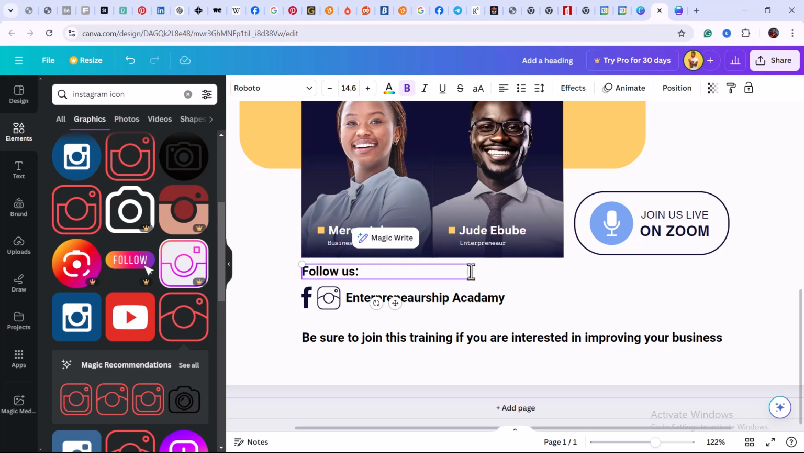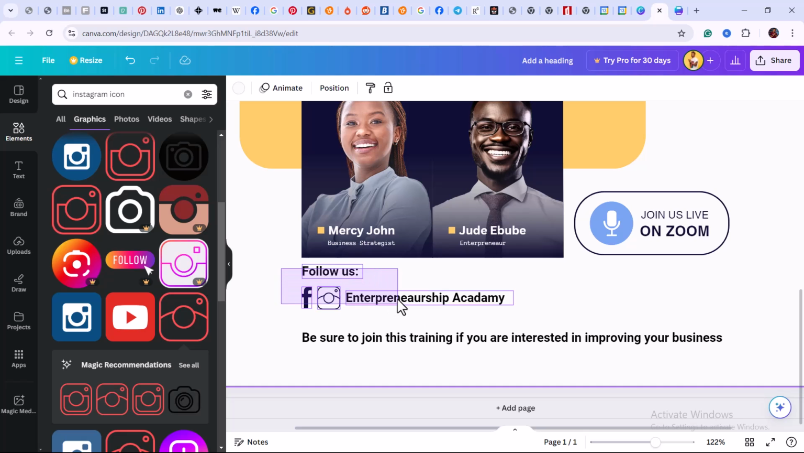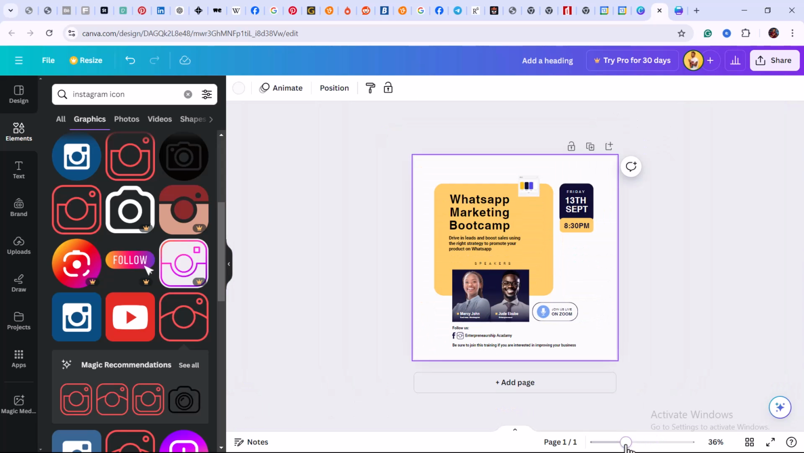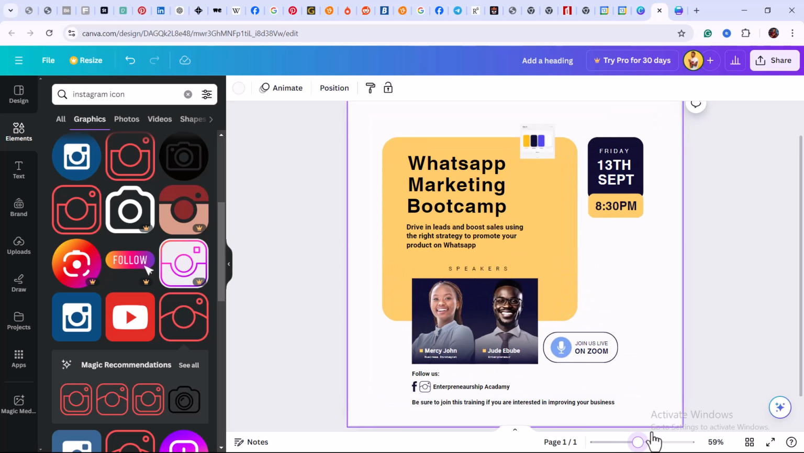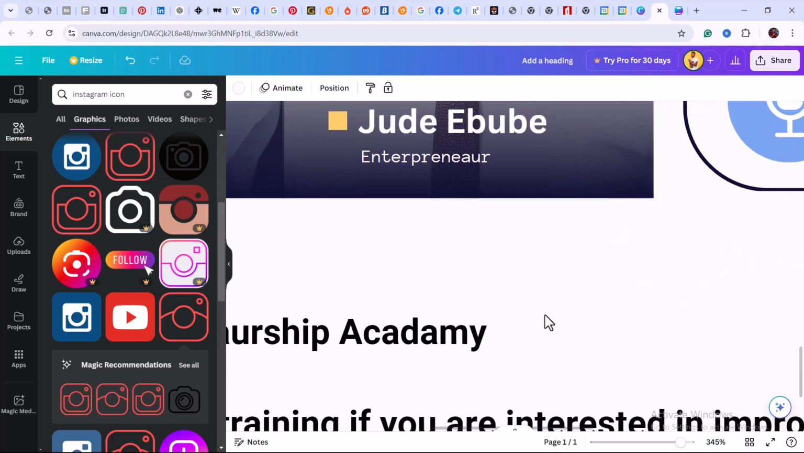So I'm just doing anything here. This stuff might not really be necessary, but it's actually necessary, putting the handles of the people that are organizing the training. So you can see how it goes. Follow us on their handles there, and then